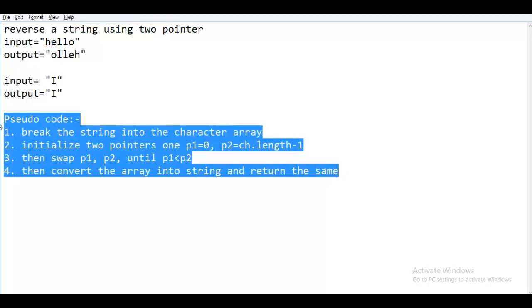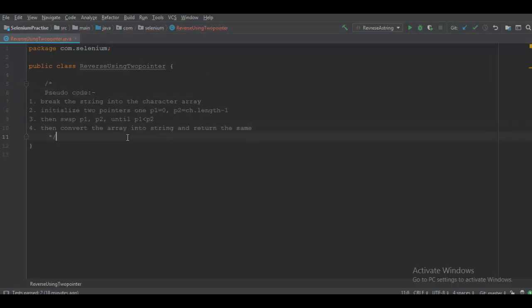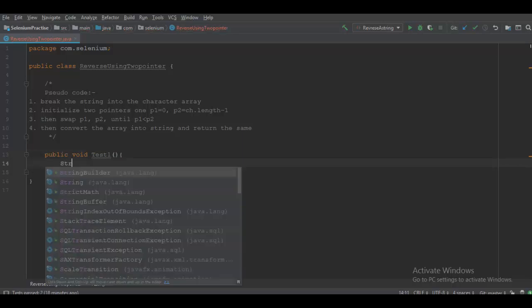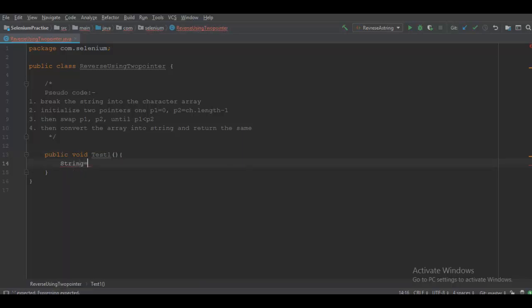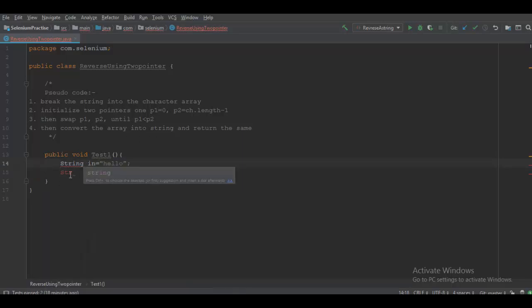Let me copy this pseudocode and paste it here. I'm sorry that I forgot to write my test case. Let me quickly construct my JUnit test. For the input string, let us take the same thing, hello, and the output string is going to be OLLEH.